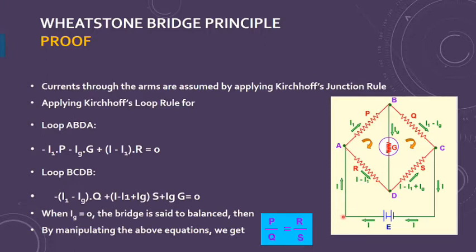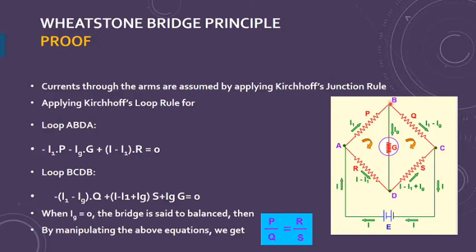So using that junction rule, if I say that current I is coming out of the cell, then current I gets divided here into two parts because two arms are there. If I say that the current passing through the P resistance wire is I1, and through this arm AD through the R resistance wire, then of course the rest of the current has to go on this side. So total current I1 is flowing in this arm, so in this arm it will be I minus I1.